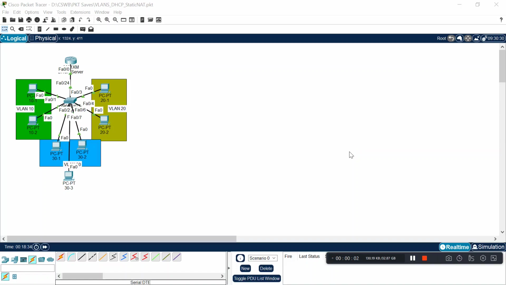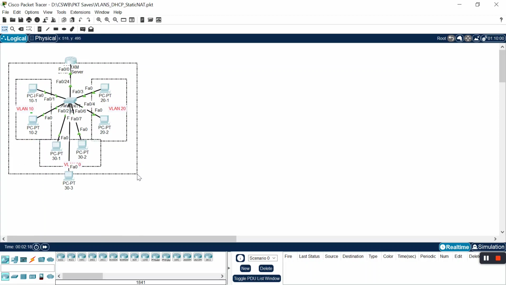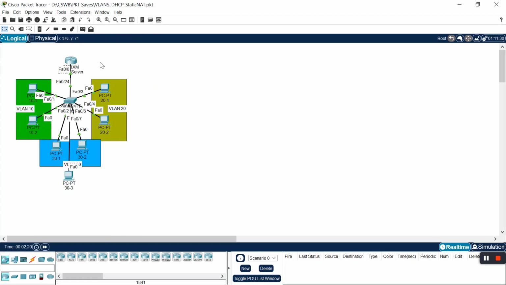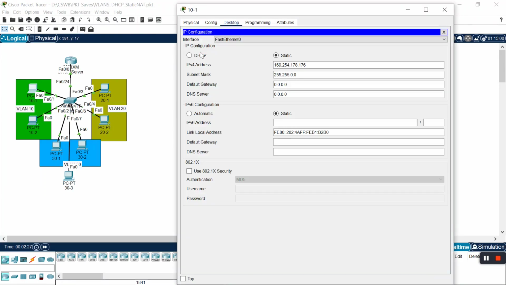In today's video, we're going to see how we can apply static NAT on our previous topology. NAT stands for Network Address Translation, and as we know, whenever we want to communicate with the internet, we need to have a public IP present. Since we are using the previous topology that we made in our previous videos,